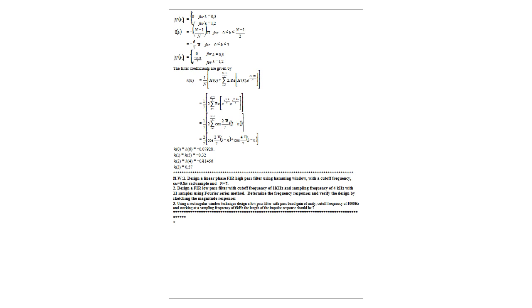So that is 1 by 7, 2 summation k equal to 1 to n minus 1 by 2 cos 2 pi k by 7 into (3 minus n). So 2 by 7 cos 2 pi by 7 into (3 minus n) plus cos 4 pi by 7 into (3 minus n). So then we have h0 is equal to h6 is equal to some value, h1 equal to h5, h2 is equal to h4, and h3 value. So this is the problem; we will get the output of answers. So next.